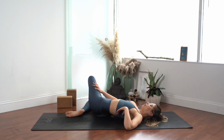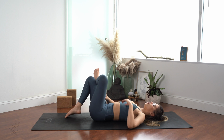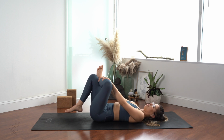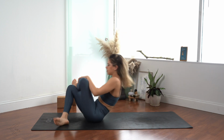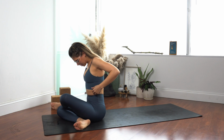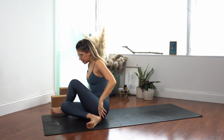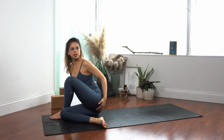Let's take another inhale. And as you exhale, coming back into center. You want to bring both hands onto that shin, so you can hook the hands on something. Roll once up and a second time up, just to come into that same little twist that we were doing before. So like I said, if your left ankle is crossed over the right knee, but this glute is not